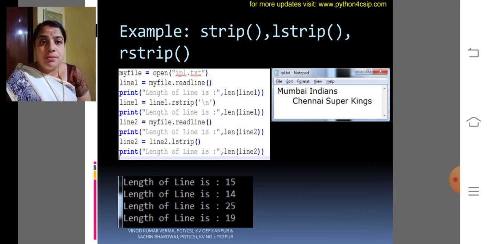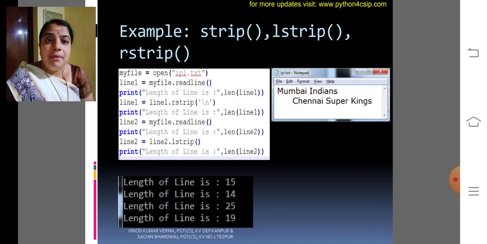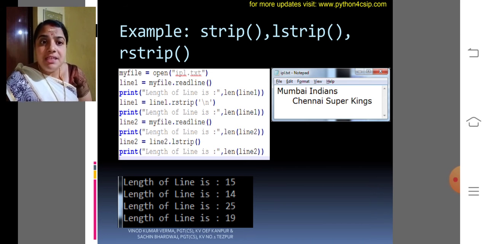So it will remove the new line character. Then line 2, rstrip of \n, so that particular value will be deleted. Then print the length of the line. Again we are printing the exact characters in the line, that is only 14 because we had removed \n on the right hand side.